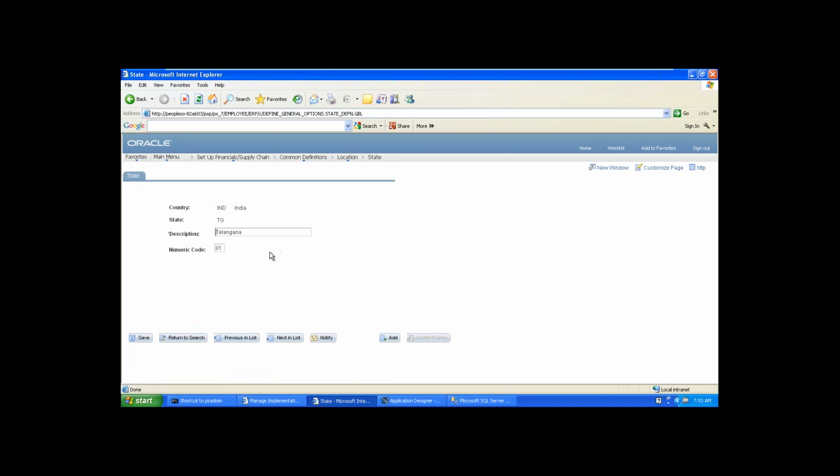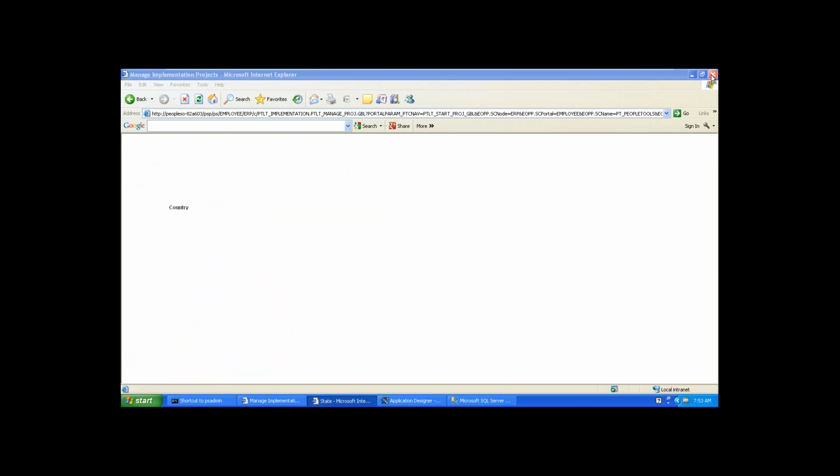This is the new state formed last year. I have already added this. You understand, right? When we can use the state navigation.